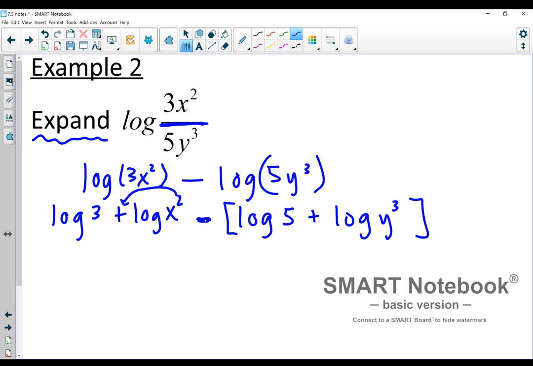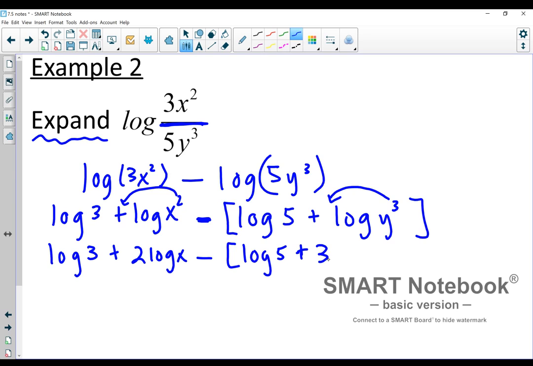So make sure you have those brackets, because this minus sign is going to have to go to both parts of it. It's going to have to go to all of this log. Then I would pull my exponents in front. So log 3 plus 2 log x minus, and then in brackets right now, we have log 5